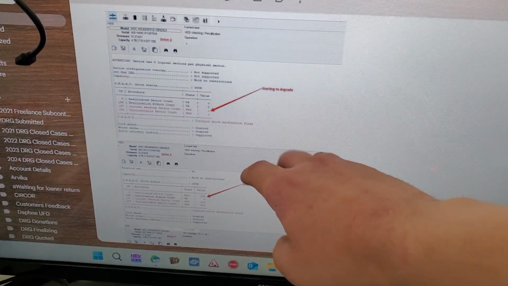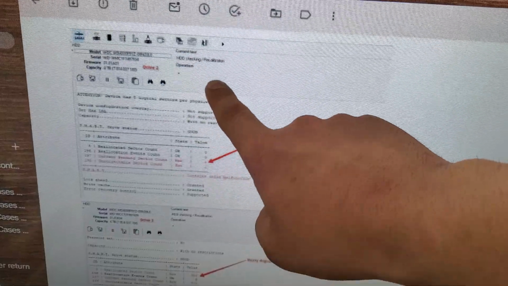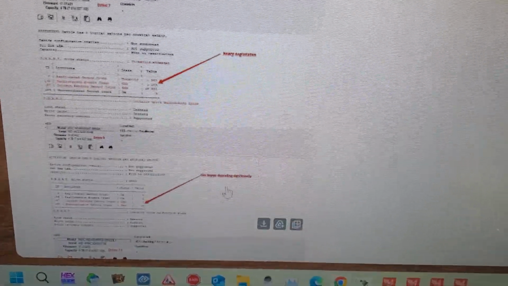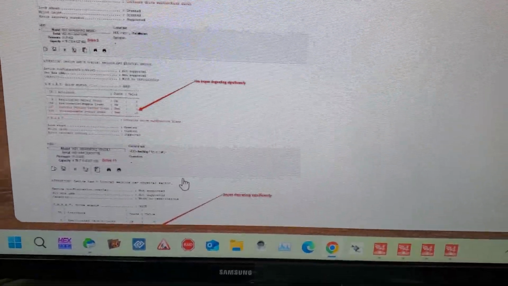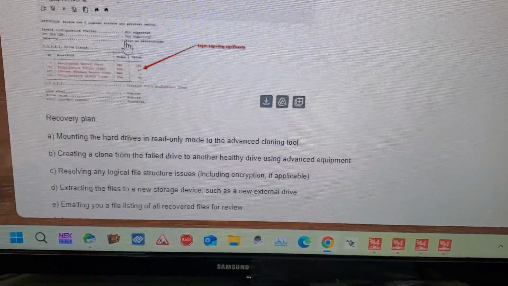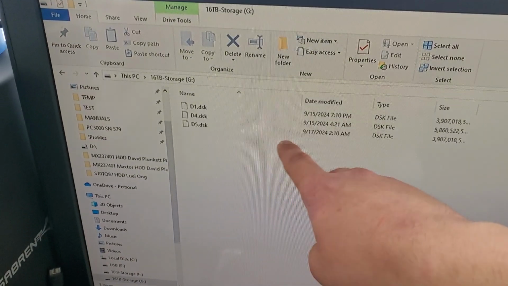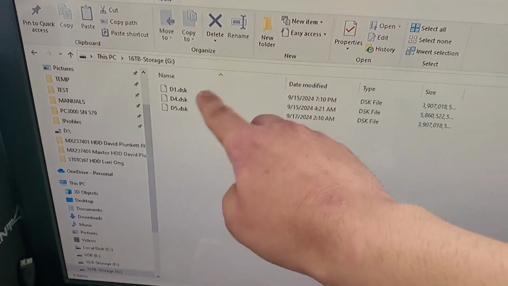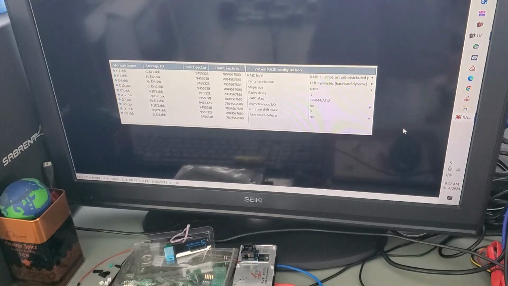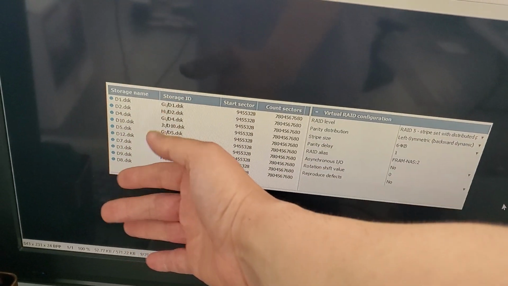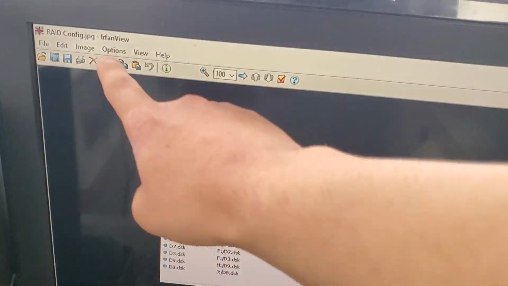As we can see here in the report, many of the drives that we sent to the customer were degraded. Drive 2, drive 3, drive 7, drive 9, drive 11, and drive 12. They all had degradation. So in order to successfully recover the files, we need to create images and work off of stable drives, okay? Once we work off the stable drives, we load the images into software to determine the